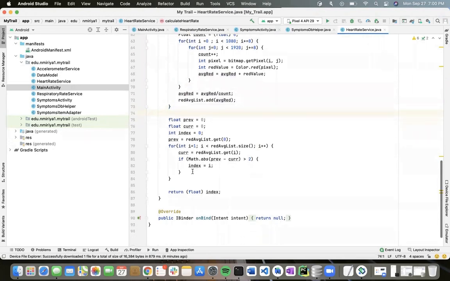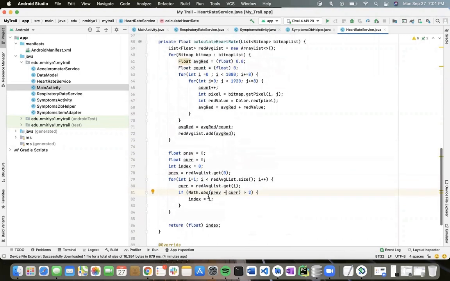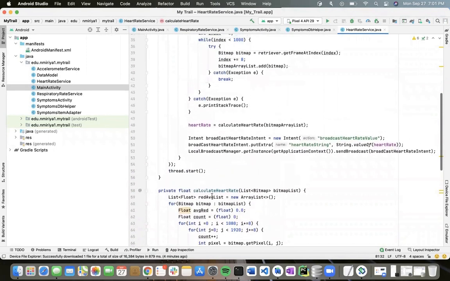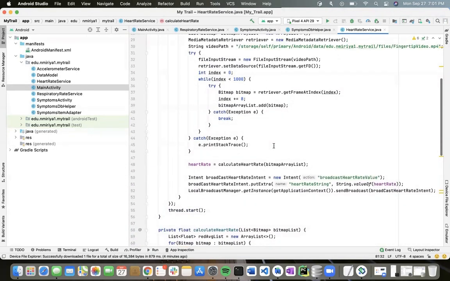And using that and the peak detector, from the beginning, I've seen that the values are between 251 and 254. So there isn't much of a difference between the peak and the lowest value. All I've done is, from the value to begin with, I've calculated a value where it goes from 251 to 253, or rather 252 to 254. So the difference between the peak value and the beginning value is 2. That is what I've done, and I've calculated the index for the same, which gives us the heart rate value. So that is how I've calculated the peak value, and that is what is getting displayed.